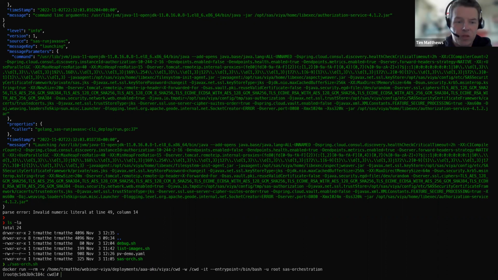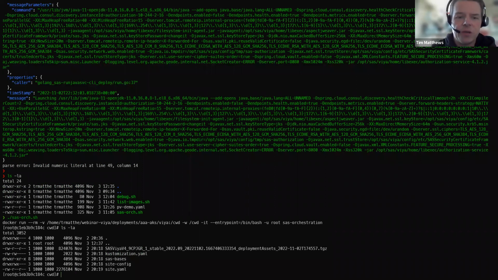And so I'm just running it here interactively. I've specified an entry point by putting that parameter in. You need to do that before the image name. Anything after the image name is a parameter to whatever's running inside the image. And I always forget this about 50% of the time, and then it starts complaining because I'm passing parameters to the image rather than passing parameters to Docker. So yeah, we've got